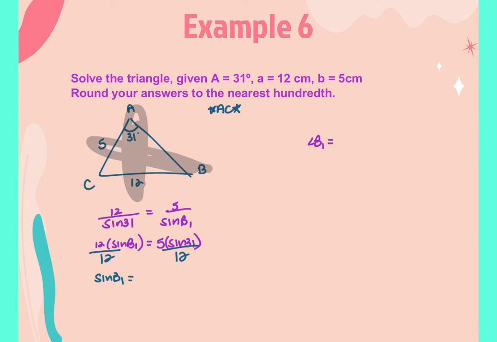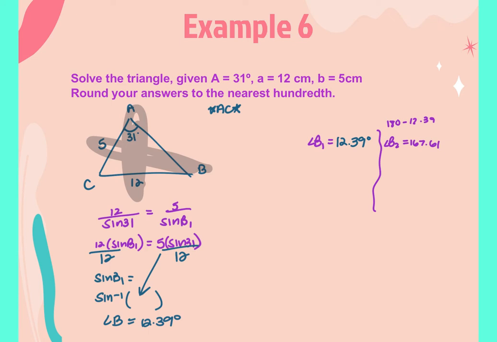From that, I get like 0.2145, and so on. So I'm going to sine inverse that answer, keeping it exact, and I get angle B1 is 12.39 degrees. So then if there is a second triangle, I start with angle B2, and I find that by doing 180 minus B1, which is that 12.39. So 180 minus 12.39 gives me